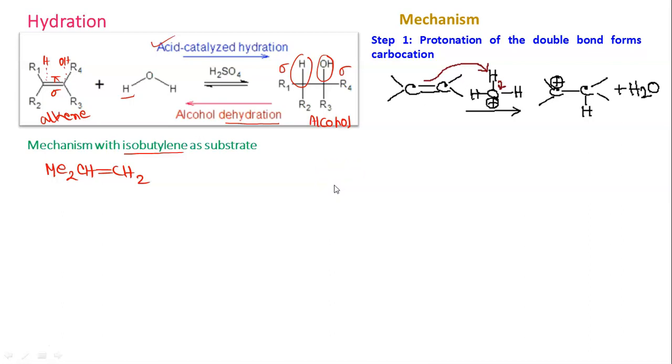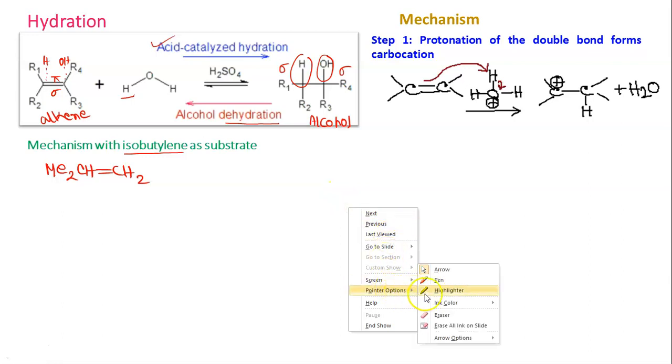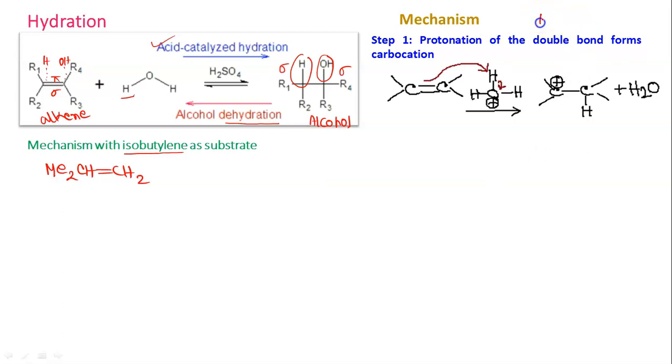So here you can see we have H3O plus. H3O plus means H plus and water. As we are doing the reaction, H2SO4 and water is the medium. So that means there will be hydronium ion. So the double bond, that is a pi bond, will capture this proton. The OH bond will be broken and there will be a carbocation intermediate. So this is the carbocation.